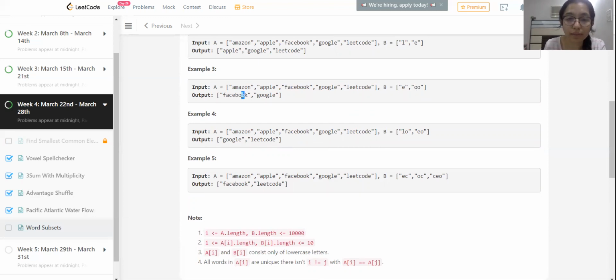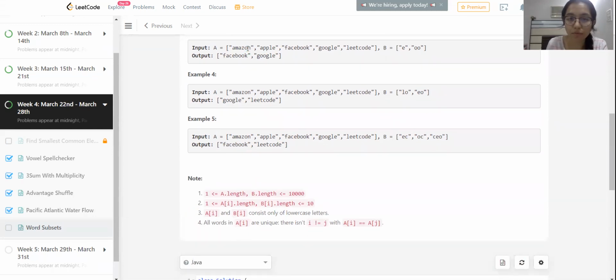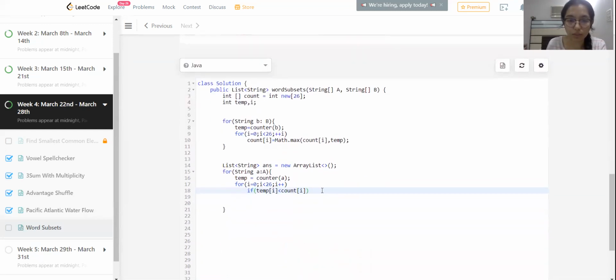So here we have two O's and here we have two O's. But in Amazon we just have one. So basically we are checking the number of a particular alphabet, that is O, in the first string, and comparing it with the number of that alphabet in the string B. Here there are two, here there is one, so we won't add it to the answer. If it is greater, we'll break.